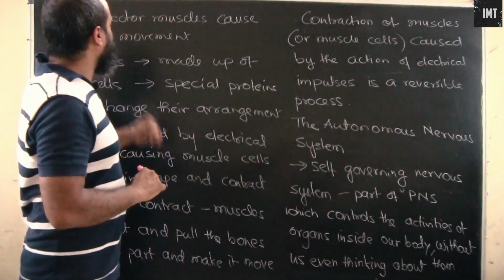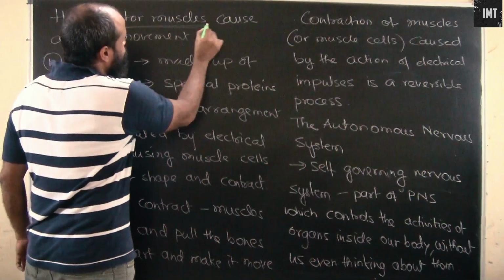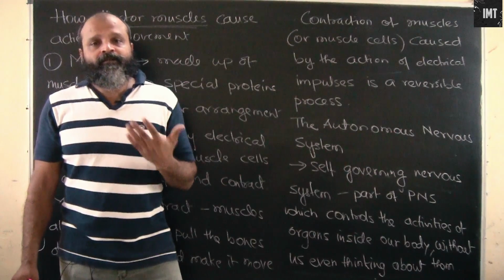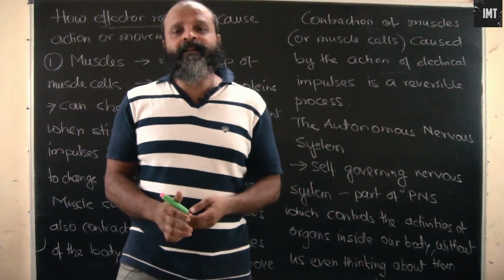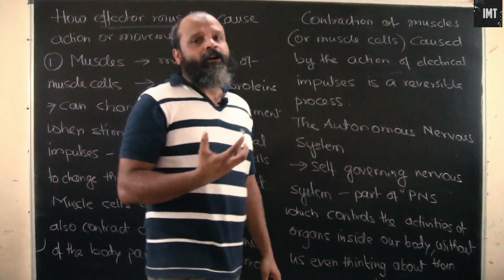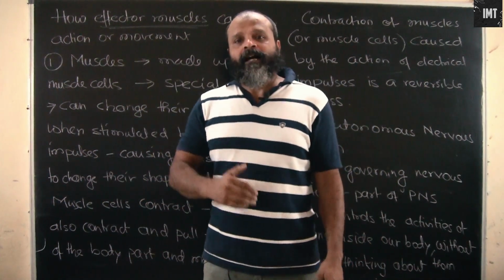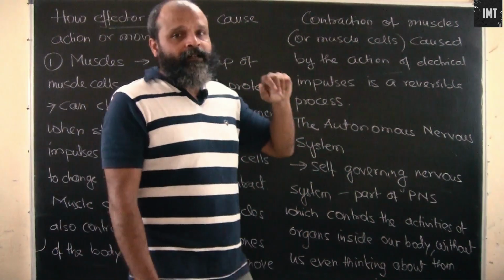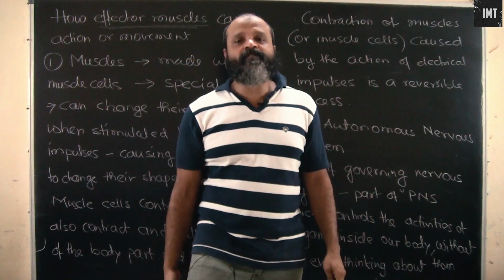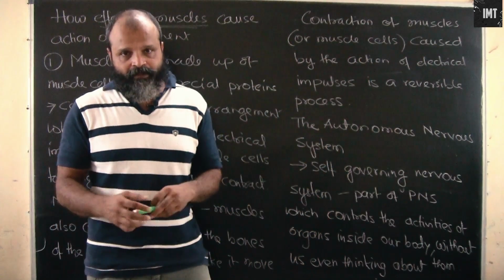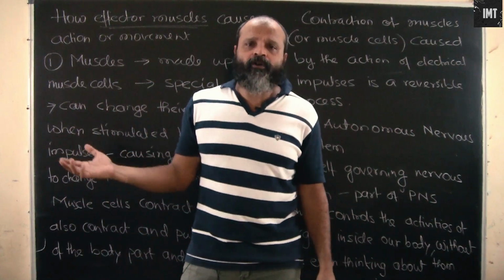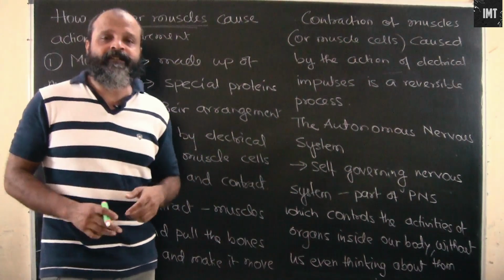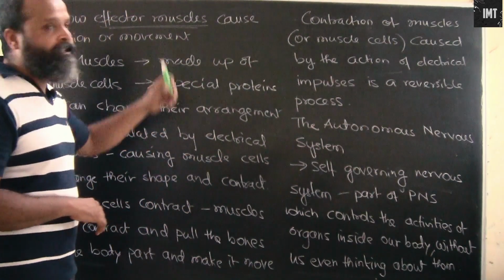Now when we talk about the effector muscles, these are the ones which will contract or expand as per the situation. So when I am stepping accidentally on something prickly or something which has a sharp edge, I will immediately remove my feet away from it. So it means that there is a contraction in the muscles of my thighs or the muscles of my feet. Similarly, when I happen to touch a very hot object, I will pull off my hand immediately from it, which means that there is a contraction in the muscles of my hands. So these are the effector muscles.